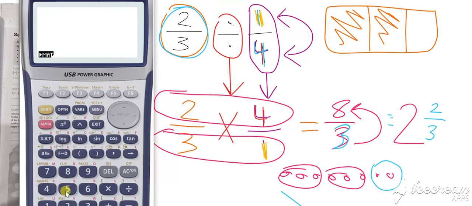Okay, so I'm in here. If I want to put a fraction in, I click this little button there. Now on the way this calculator is set up, it's gonna look a bit weird. So just bear with me. So we've got 2 fraction 3. That little weird elbow just means that one. And then we're gonna go 1,